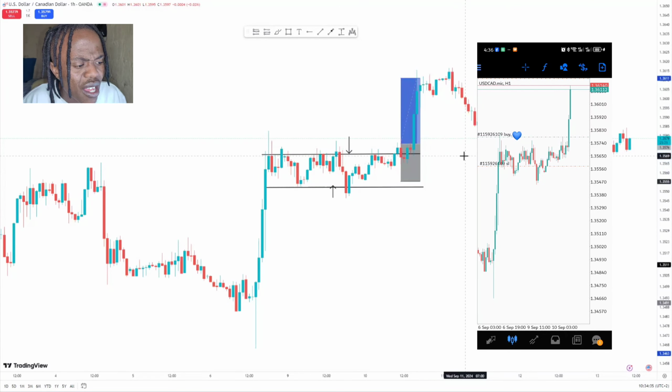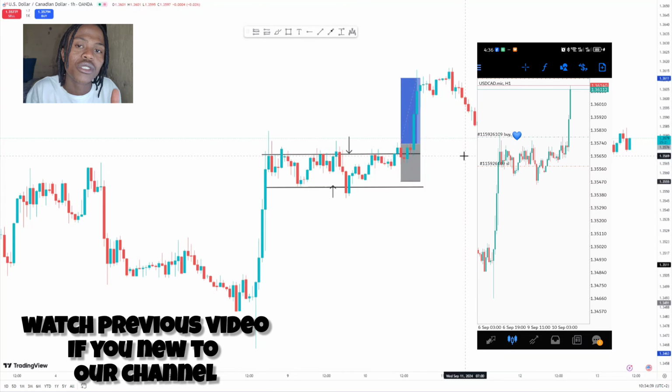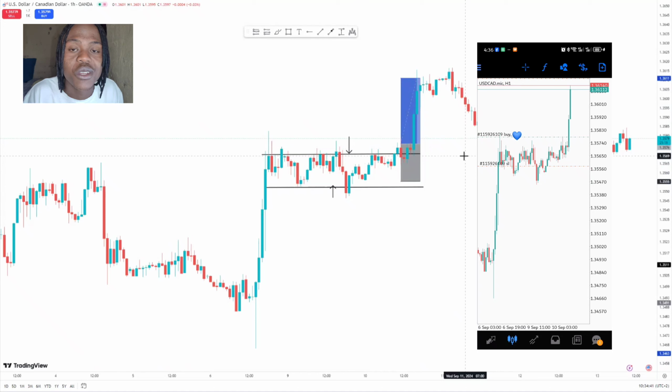Based on the previous video, price was bearish, price was in a range, price had a break below that very same range, and price had a candlestick that traded below the candlestick that broke below the range. And with that being said, that's the reason why we took a trade. In this instance,